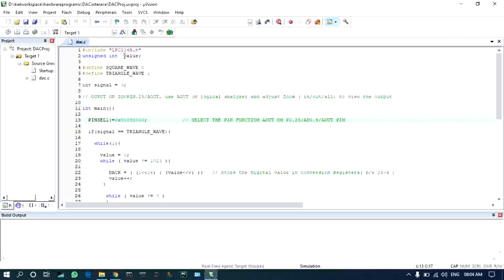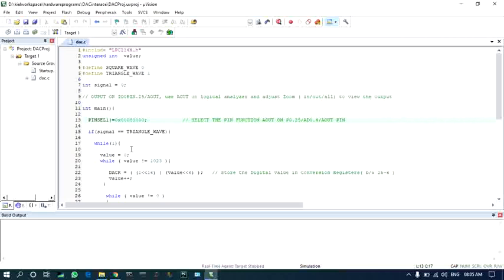So we have a global variable value to hold the 10-bit digital input value for DAC. So we have a signal which toggles between 0 and 1. If it is 0, then we are generating a square wave. If it is 1, we are generating a triangular wave.